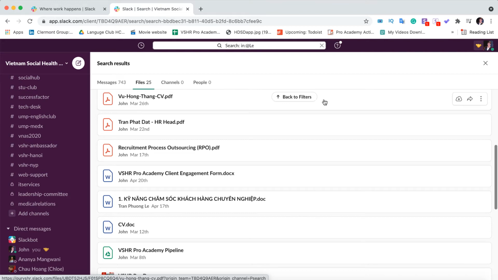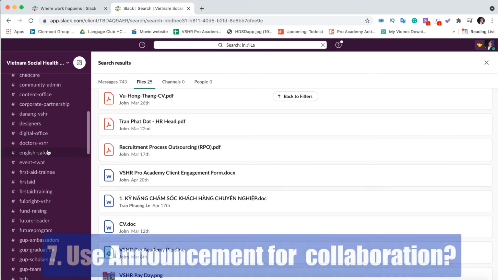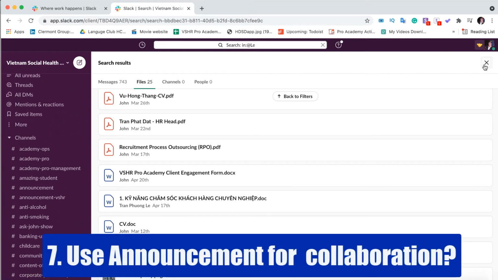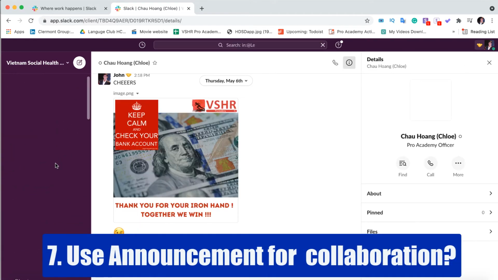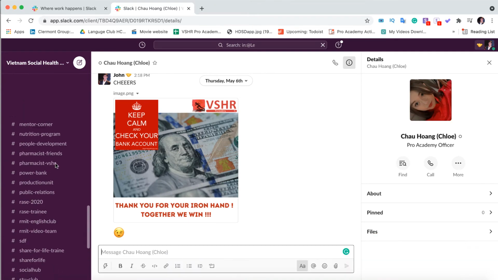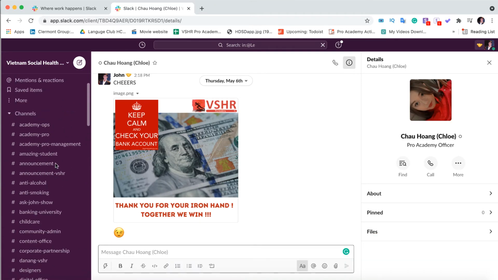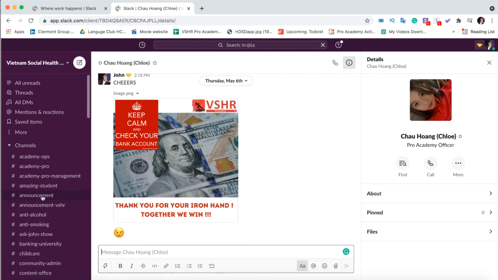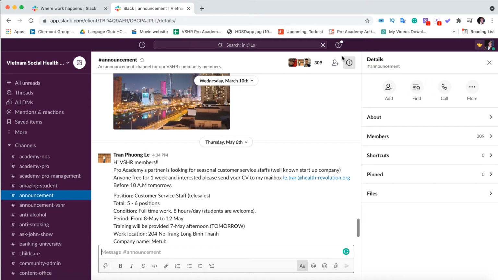So now the tip number 7, use the announcement channel. So you have an organization, you have everyone in your organization, right? Sometimes you need to send an announcement to all team members. You can send an email to everyone, but you can actually do it in this Slack as well too. So we have created an announcement channel, and every person of our organization, 310 people,